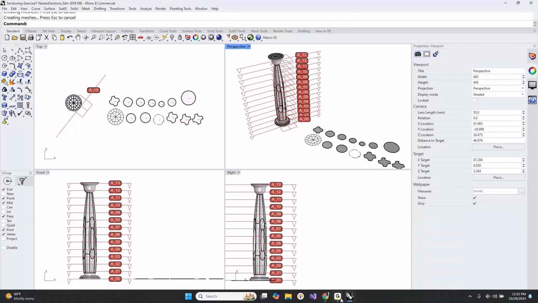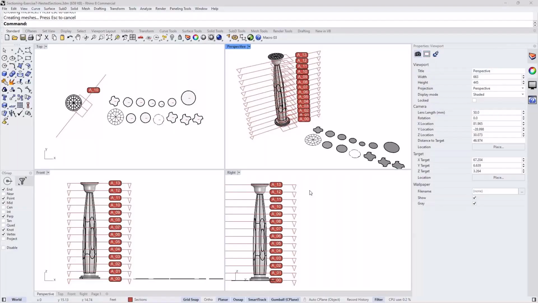but I can open it to questions for anybody who wants about anything since we started that they want to go through or have questions about. When I just ran the array here, it gave me them all being the C0 instead of the different ones. Yeah, as I said in the beginning, this has been created with a clipping plane, which is not registered with the list of sections. So I said just delete the C0, and we recreated that clipping plane using the clipping section command. And if you do that and array it, it's going to give you unique labeling.